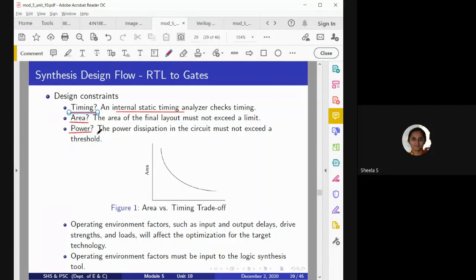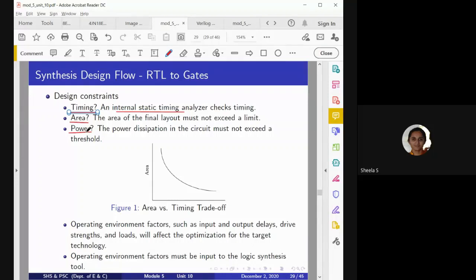And next, power. When we consider any integrated circuit, you might have observed that if there is a short circuit, the IC becomes very hot because power dissipation will be more. It cannot withstand that power dissipation, and there may be damage to the IC. That is the reason whenever power is given to the circuit, we check how much power it will consume, whether it exceeds the threshold or is less than the threshold.